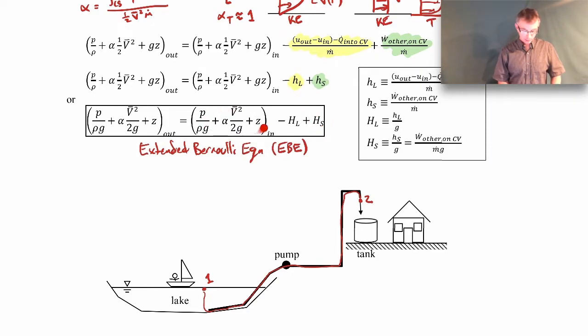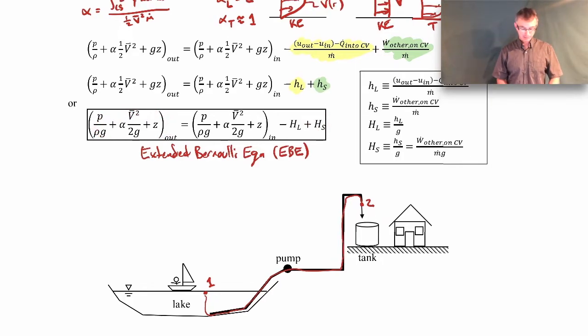So this is the energy we're starting with. We lose some energy due to viscous effects, but maybe we add some in because we have a pump doing work on our fluid. If we had a turbine, then this HS term would be negative because then we would be extracting some energy. And so we'd have the energy in, we lose some due to viscous effects, we're taking some out due to the turbine, and then this would be the energy we get out. By the way, I say energy,